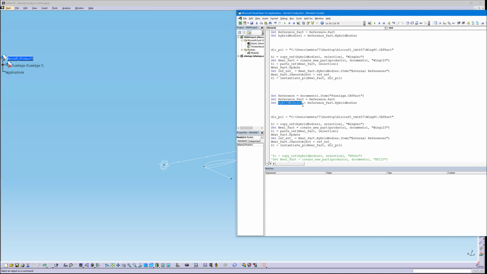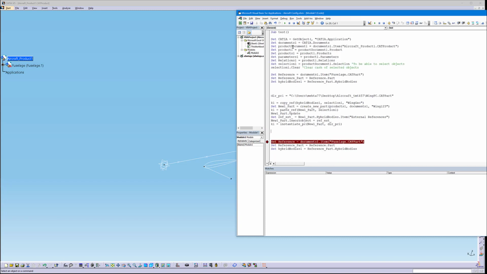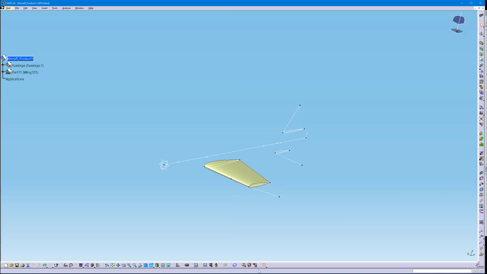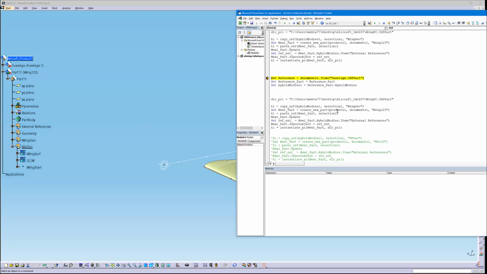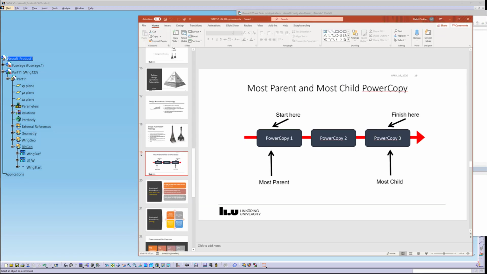And when the wing is, let's do like this, we'll stop the code here. So I run the code until this point, like that. So now we have instantiated the wing. And it's called wing 1, 2, 3, and then we have this rib geo with the 3 references. All right, so what we want to do now is that we want to do this whole process of copying the references that we need and then doing the whole,